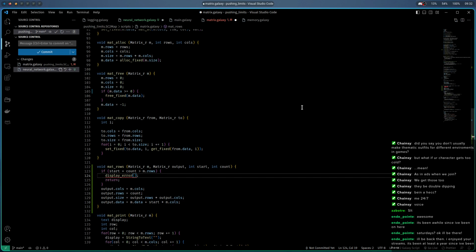Then I want to be like error in mat rows, start plus count attempt to access outside bounds, maybe. Start should be